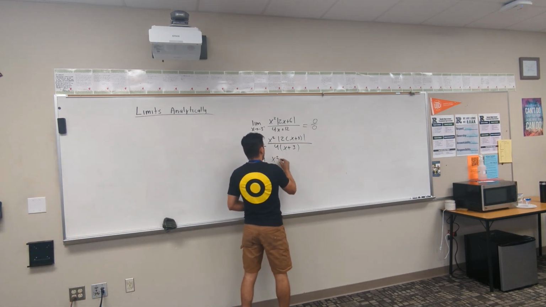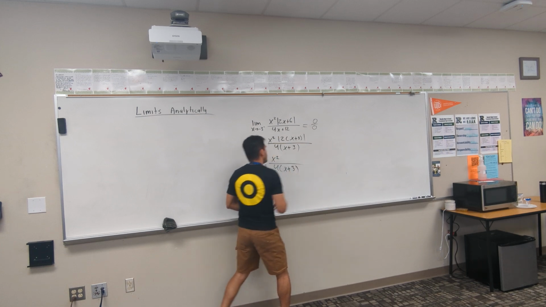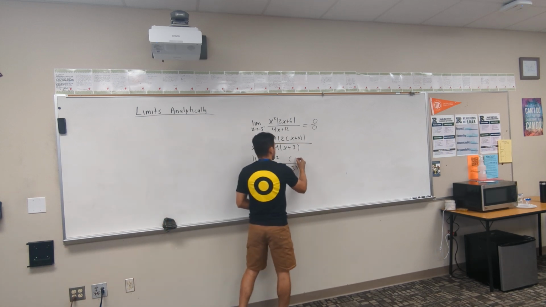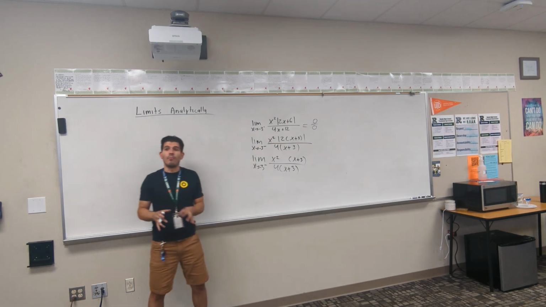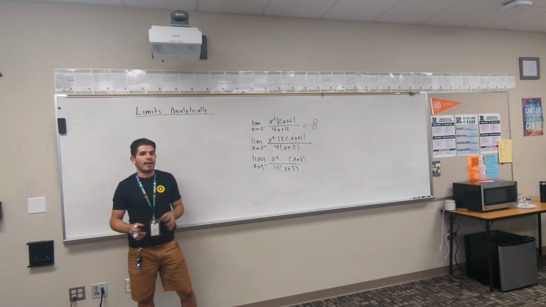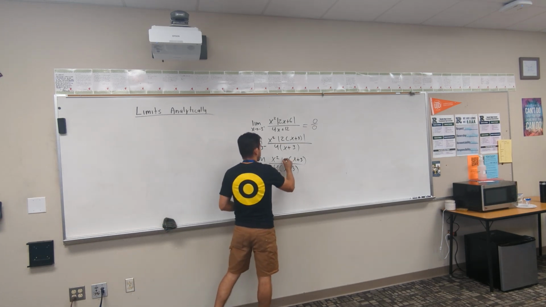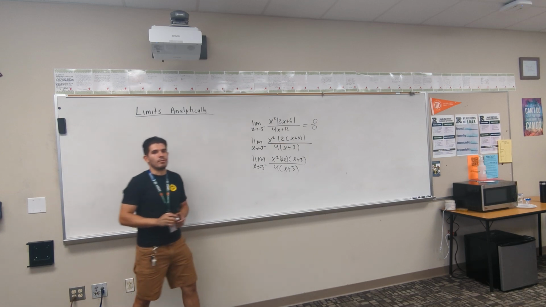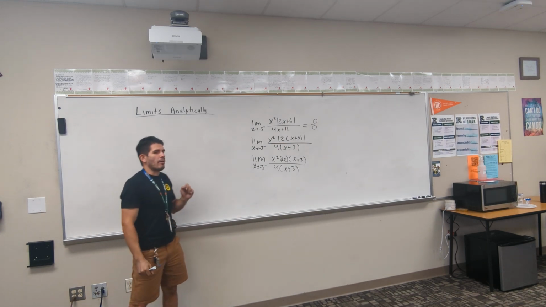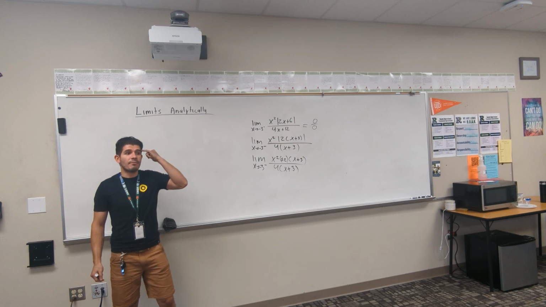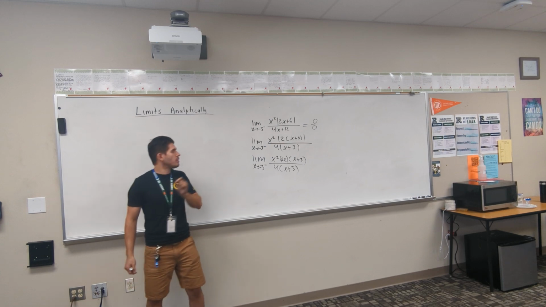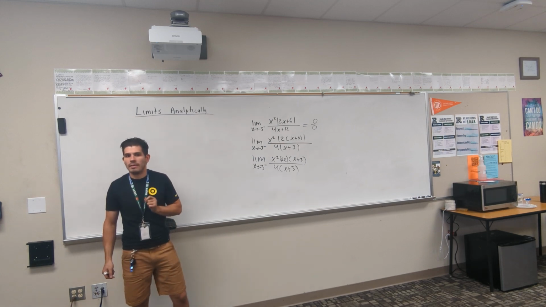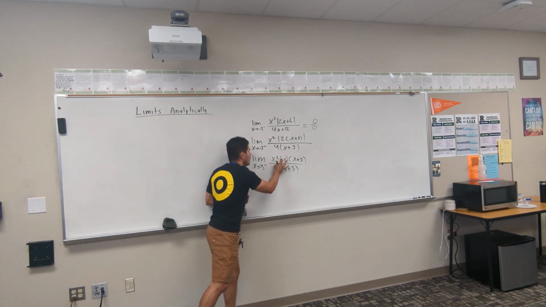You ready? I'm going to keep all of this just how it was. I want the x plus 3 to stay like this so I can cancel it. The only thing that's left over with the absolute value was a 2, right? But I need the absolute value to be gone. So the way that I can fix that is by putting a plus or minus 2 with it. Cool? Now, here's all you need to consider. The fact that you're approaching this from the negative will tell you whether you need to keep the plus or the minus. In this case, since you're approaching it from the left side, you're going to keep the minus.